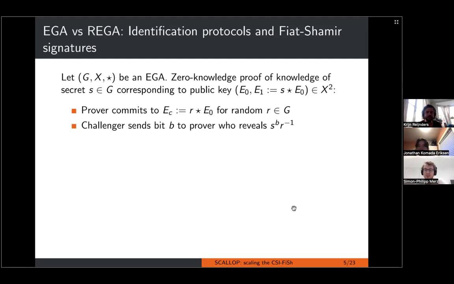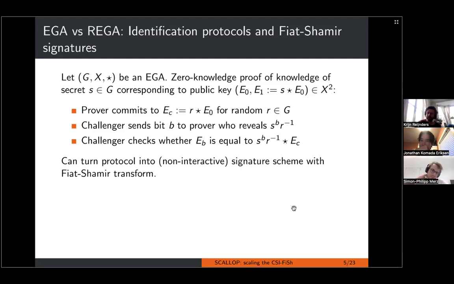So that the product of that is sent back to the challenger, which can evaluate the group action of this group element on the challenge set element. And if it is then equal to EB, where B is the challenge bit, so E0 or E1, then it accepts it. And this is easy to show that it is zero knowledge, because the group element R perfectly hides the secret S, as long as we can evaluate the group action on any group element.